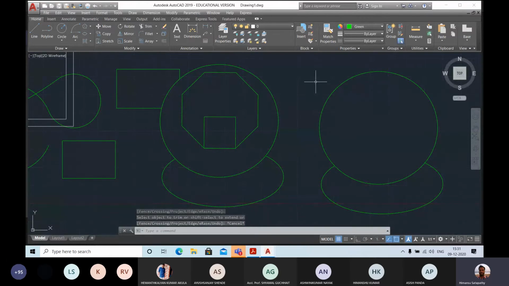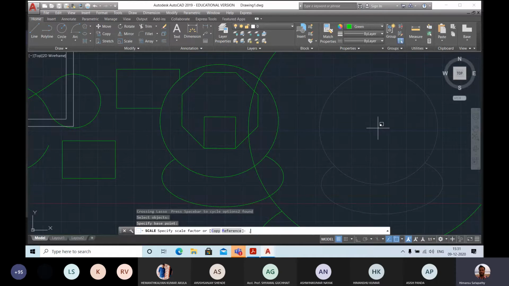Similarly, if you want to enlarge or reduce the size, I want to reduce this drawing to a smaller size, then the command is scale, SCALE. Select the objects, then press enter. Then it asks for a base point, means a point which will remain fixed, and you can reduce. If I want to make it 0.5, half of the drawing size, it is reduced. If I want to enlarge, I can go for 3 times, 4 times, 5 times, 100 times. Because I want to reduce, I will go for the fractional option: 0.5, 0.2, 0.1, that means 1 by 10, 1 by 20, 1 by 30, this way. So you can reduce.